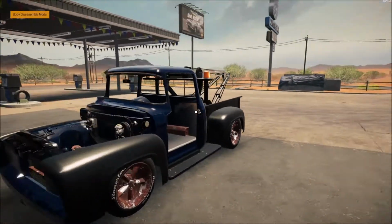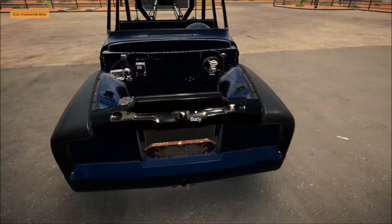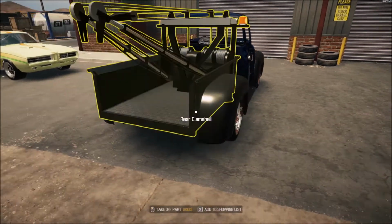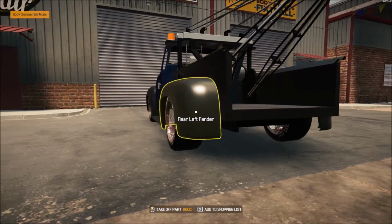So for the tow truck, yes, if you're following me along with my Barn Bargain series, yes, I have one exactly like this. Now this is going to be, I'm hoping, anyway. I do have permission from Dead Bob 777 to take this and make it into a config and put it up on the workshop. So I will try to get that done as soon as possible. But in the meantime, I'm going to tease it from now until I get it up on the workshop. I'm looking at this, and I could probably go a little bit wider with those tires. It looks like there's some meat underneath there, and